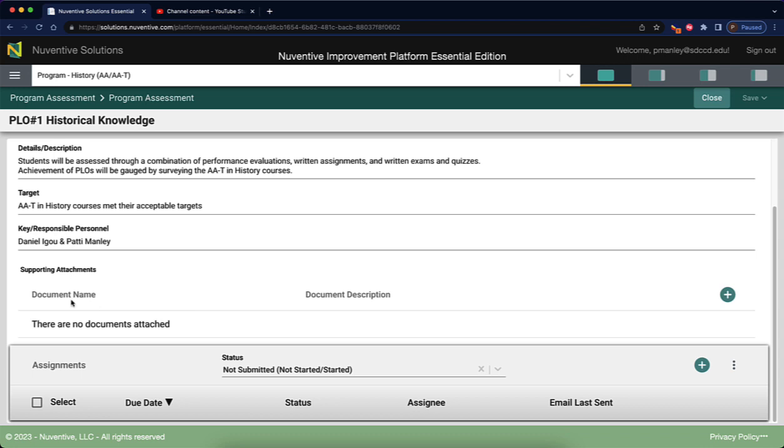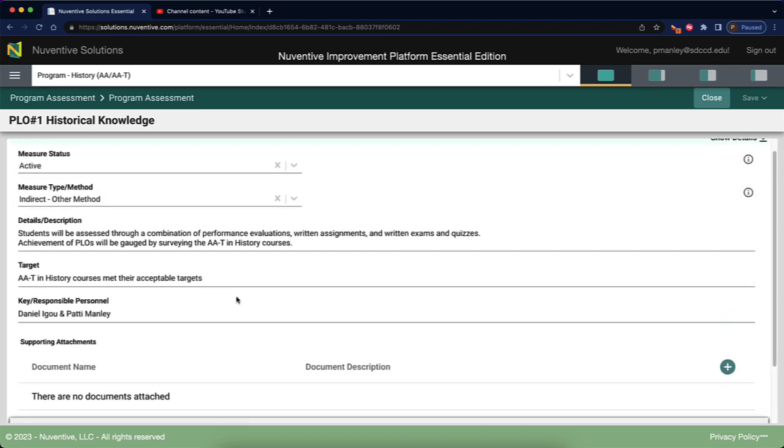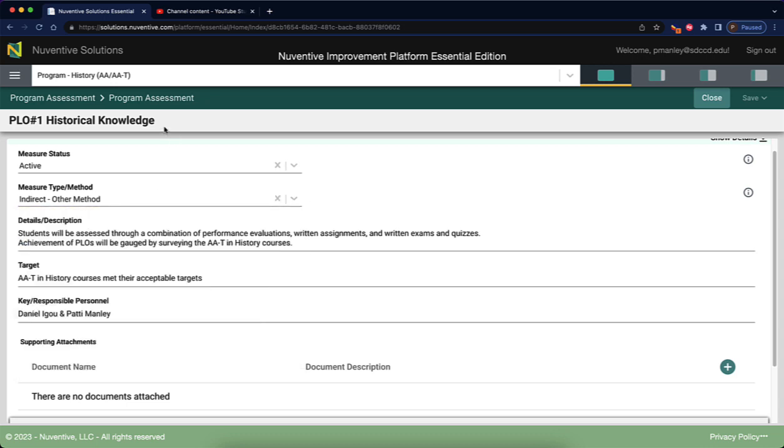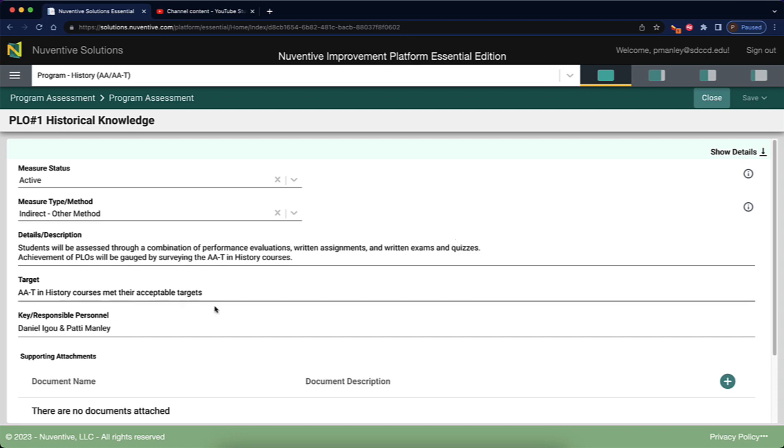If you would like to add an attachment, you can select the plus, and then you can either pull one from the document library within Nuventive or an attachment from your computer. It's very similar to attaching documents to an email, very simple. You might want to attach a copy of a measure. If, for example, there was an essay or exam that would measure this particular PLO, you might want to attach